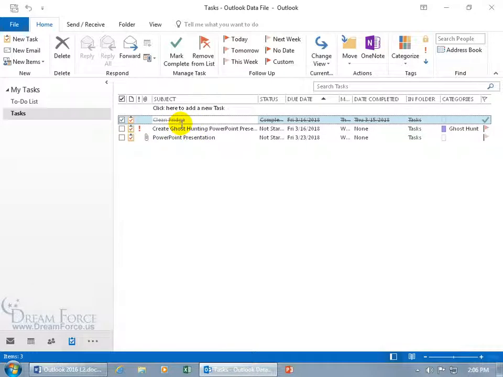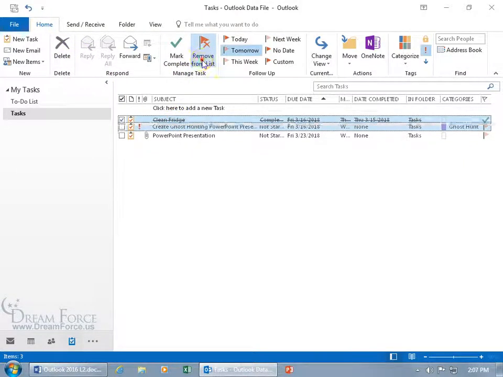Or maybe I actually didn't, and there's a few things that I need to work on before it's actually completed, so it really wasn't. In any case, if you change your mind, you can always uncheck it or say, well, my mistake, let me go ahead and check it, and that marks it complete as well. And you can see that when I uncheck it up here in the Manage Task group, you can mark it complete with it selected. And like I said, it always stays in this folder until you either delete it or